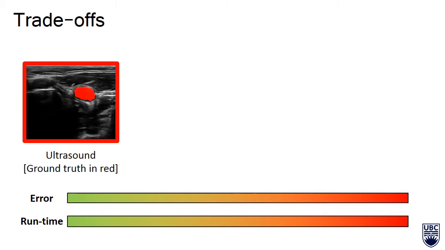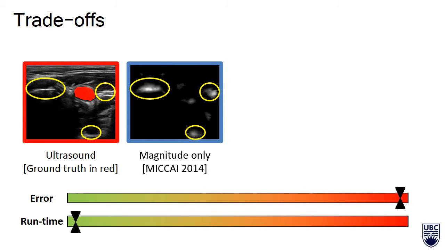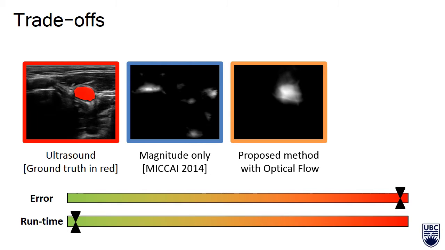Applying our previously proposed magnitude-only segmentation method to ultrasound data results in more false positives occurring at soft tissue interfaces that are merely translating at pulsatile frequency. On the other hand, notice how the radial distension model yields the correct segmentation compared to the ground truth shown in red. We obtain drastically better results, but at the same time, the computation of full motion vectors using traditional techniques incurs a great loss in computational performance.